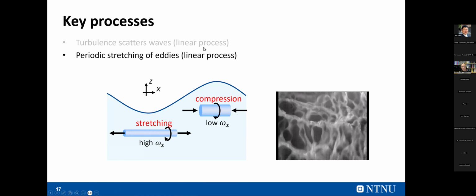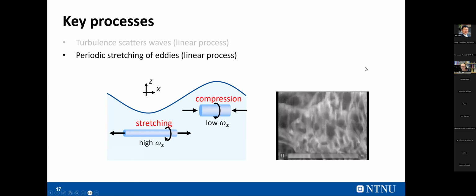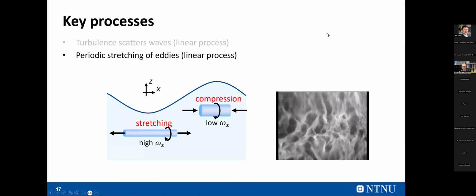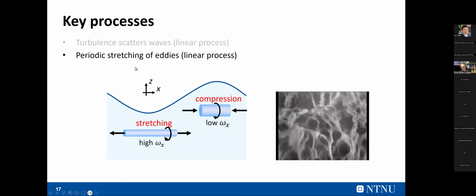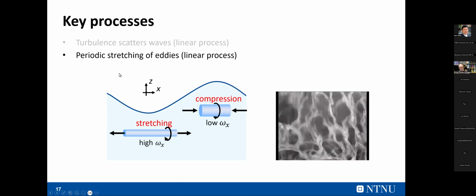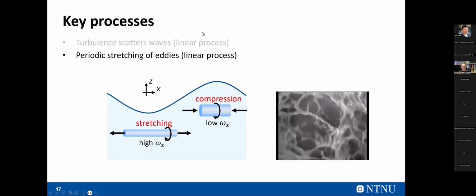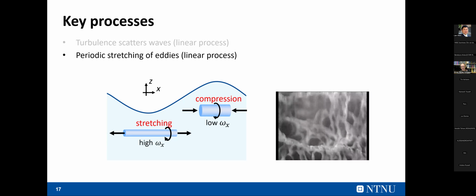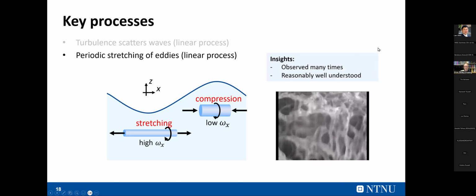Next, we have this linear process, I would say. This is an infrared image of turbulence and waves coming from above, periodic stretching and compression of eddies. So this is a linear process. It grabs hold of turbulence, stretches it, and basically leaves it the same way it was. More interesting